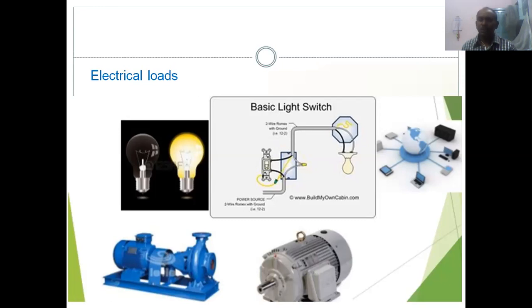When the switch is closed, then automatically whatever the input is given is passed to the load. That means the electrical switch is a device which can switch on or off. It is a binary device, whether it is 0 or 1. The same thing we can learn in detail further.